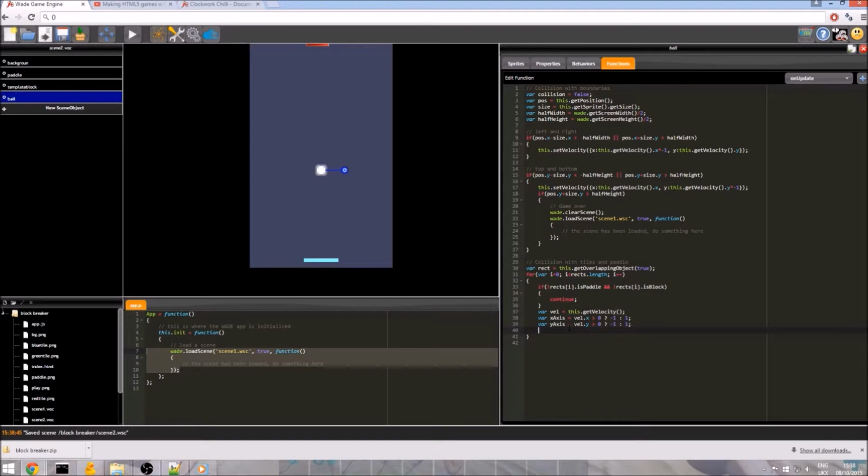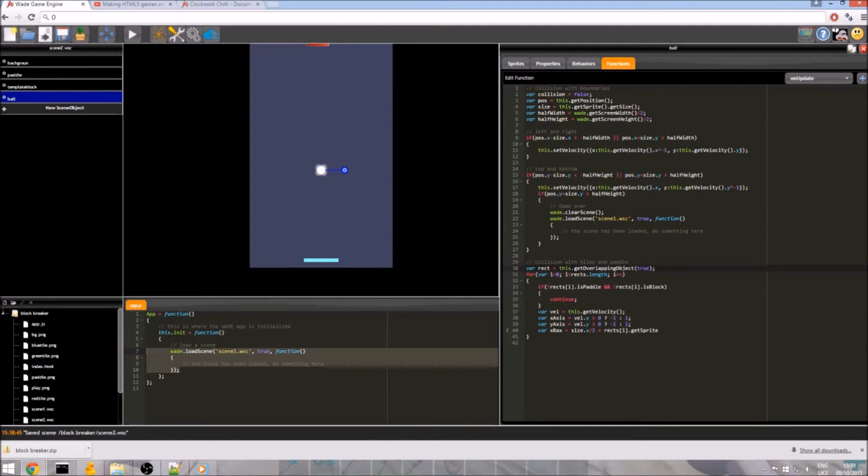Okay, so the next thing we need to work out is the overlap that we get. If you put two objects next to each other and they overlap by a few pixels, we need to know what that's going to be, the amount of pixels. So I need this value. We take the size of the ball and divide it by 2, so I have half the ball's width. Then we need to get our block, or sorry, it's a rect, isn't it? So rects[i].getSprite, so we're getting the sprite that we need.